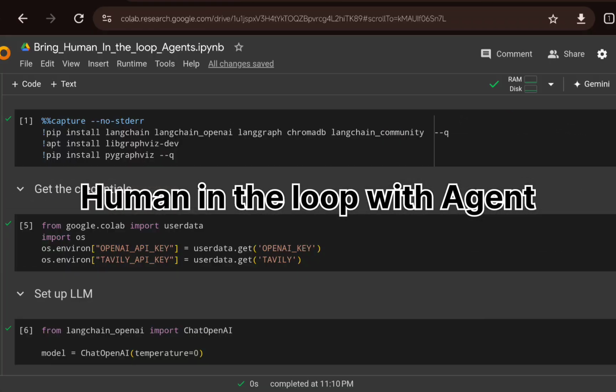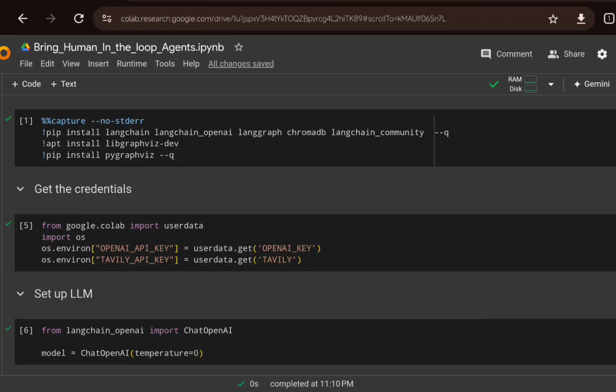Alright, so we are continuing our LangGraph series, and in this video what I wanted to talk about is how you can bring a human in the loop and how you can incorporate human feedback while creating an agent using LangGraph. So it might be the case that your LangGraph workflow or the flow engineering that you have designed